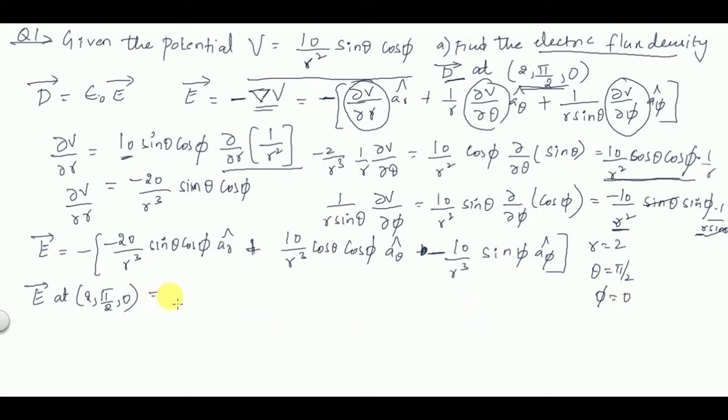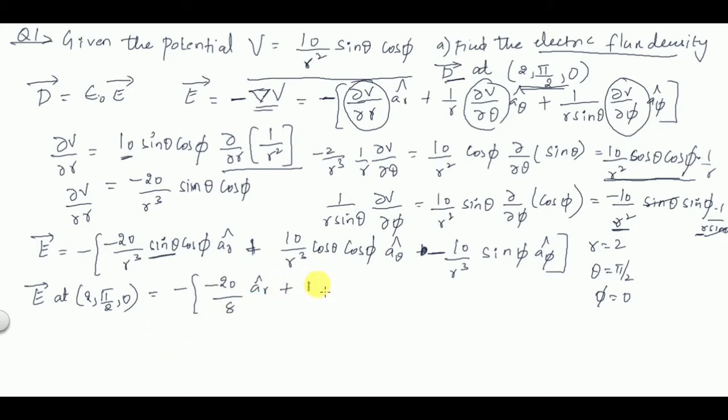Okay, so when you substitute, what you will get is minus 20 by R cube, so it will be minus 20 by 8, sin theta. Sin theta means sin pi by 2. Sin pi by 2 is 1. Cos phi is also 1, so it will be a_R cap,